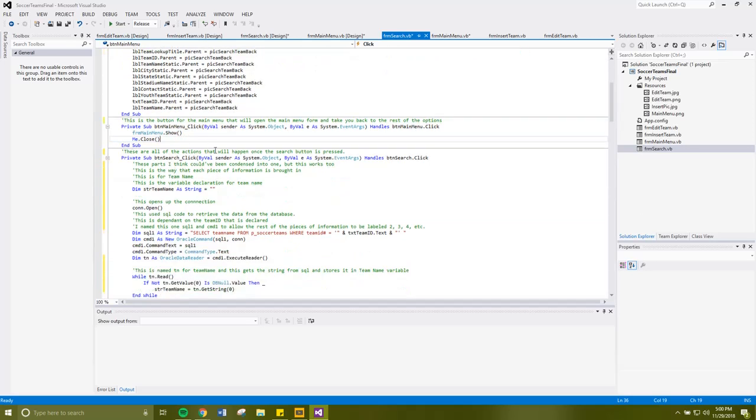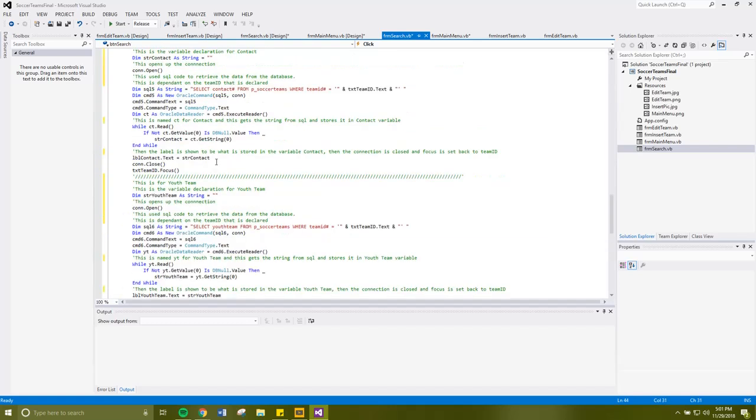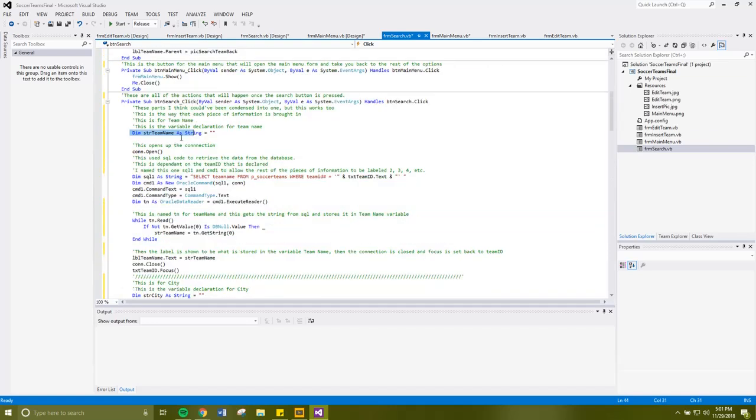And then this is what happens when you click the actual search button after you've typed something in. I made this into different ones. I think you could have condensed it into one, like I said, up here in the comments, but I just did it individually. Basically, you name a variable, and that's the variable that's going to be taken in. So here, you're just going to open up the connection, and you're going to bring in the string. You're going to set this SQL as a string to bring in this command from SQL. So basically, you're just bringing in the team name and then saving it into the string that we set at the beginning. This is just to pull up the position